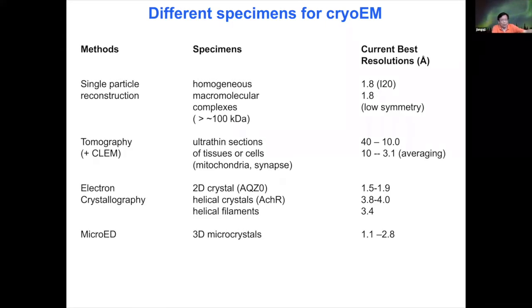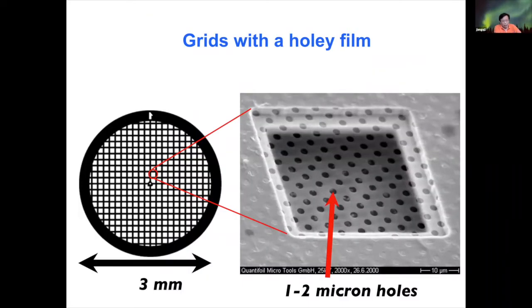With what we call subtomogram averaging, it's now possible to go better than 10 angstrom in resolution. The best has been achieved at around 3 angstroms. So in general, to start a Cryo-EM project, especially for those in the audience who are not familiar with it, you